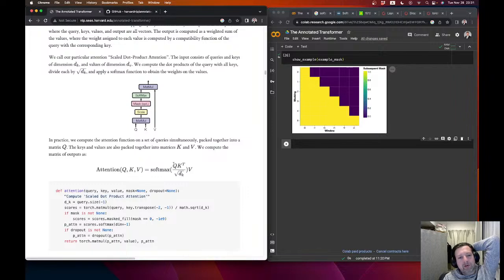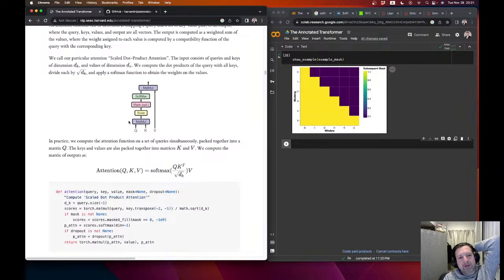Okay, so matrix Q times K. So it's basically the same as what it says here, but instead of doing matrix times query vector, you can just put this all in one giant matrix Q and K. And then